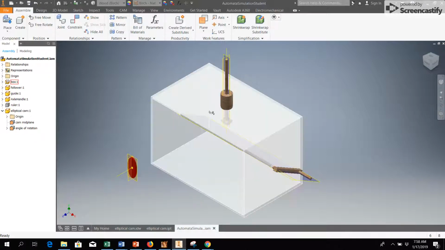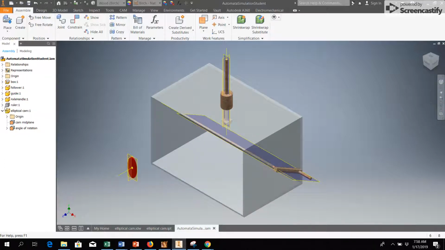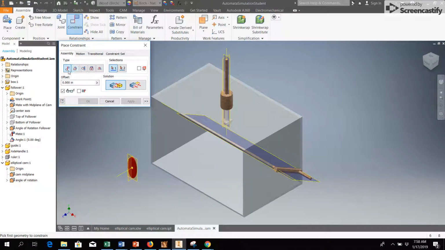We're going to be constraining these planes to the various work planes that I created on my box and my follower. So the first one I'm going to look at is the follower, which has two planes that were created. If you hit this arrow over here in the browser and open up everything underneath it, you can see the parts of this. So we can see that there's a plane called mate with midplane of cam and angle of rotation follower. So I'm going to take this cam midplane and I want to mate it with the midplane of the cam. So I'm going to go to constrain